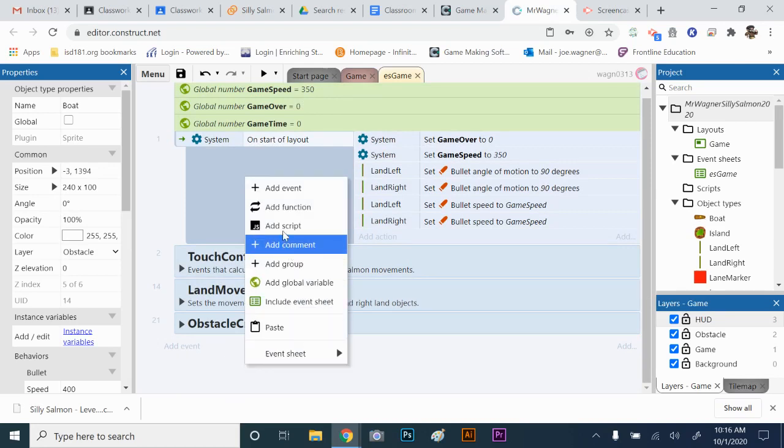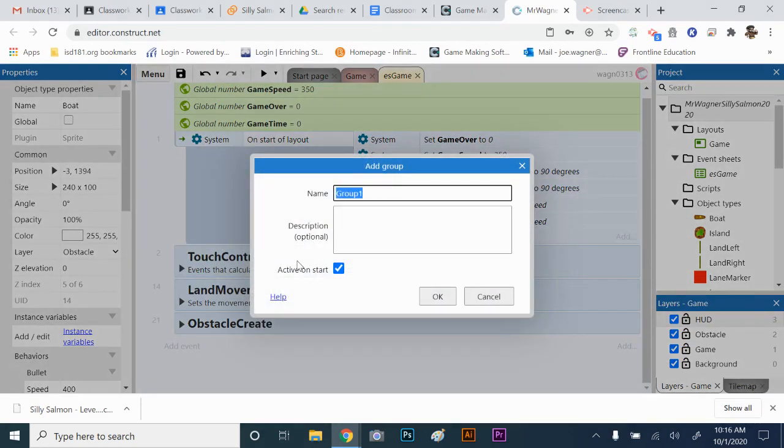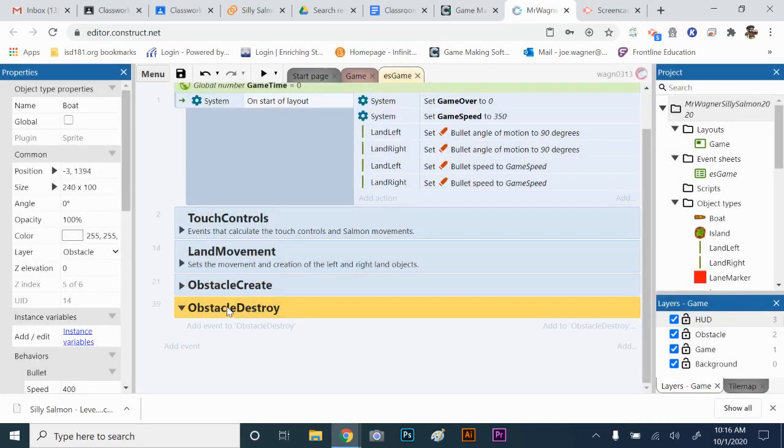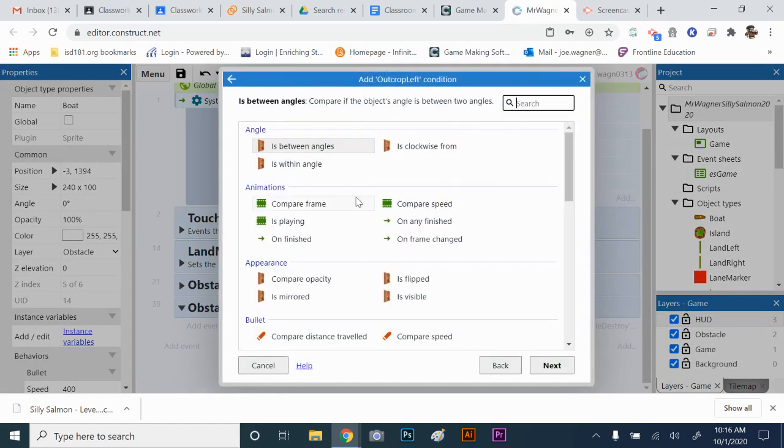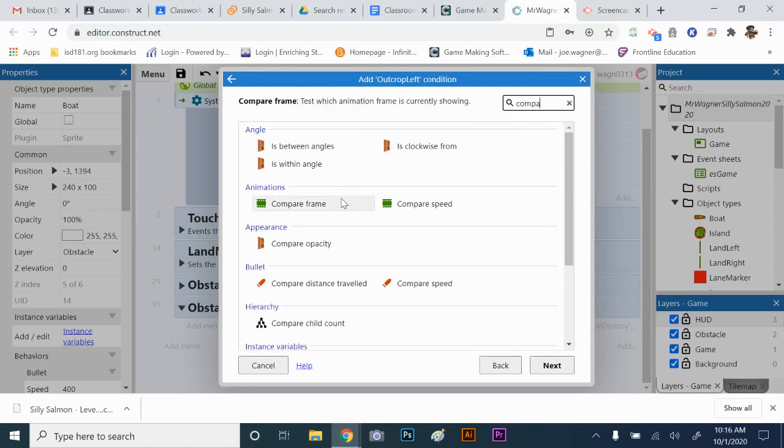So I'm going to right click, add group, obstacle destroy, okay. All right, and then in this group, this is pretty basic. We're just going to make it so that when the object falls off the bottom of the screen that we destroy it. So I'm going to add an event to obstacle destroy, and I'm just going to do outcrop left, and I'm going to do compare Y,